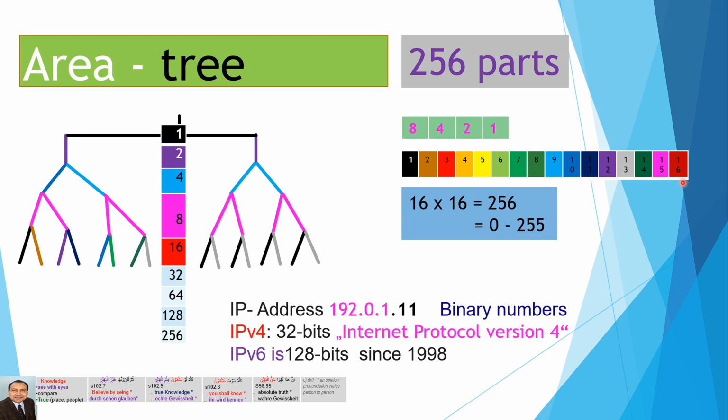You can save information. You can have personal cards to store name, addresses, and other information on the same card for statistics. So if there are 2 bytes, 4 bits and 4 bits, so you have 16 times 16, 256 states, 0 to 255. So you can save 256 things or information in this information tree in computer systems.